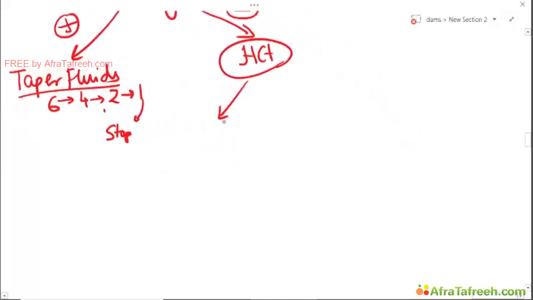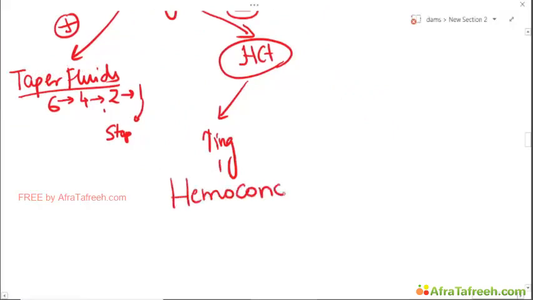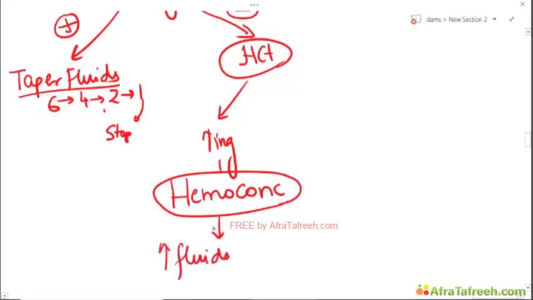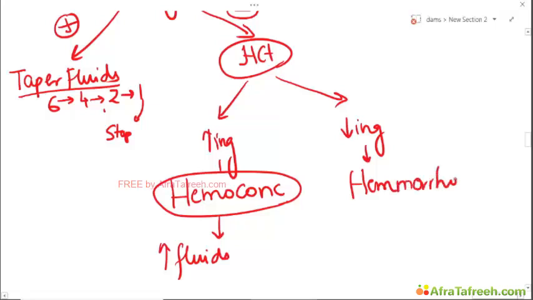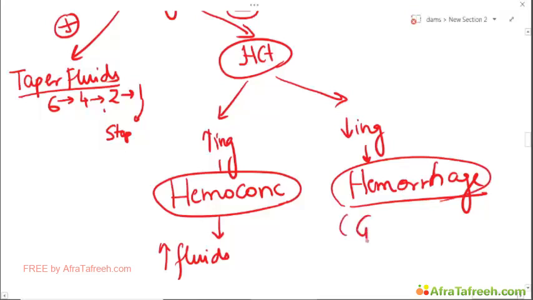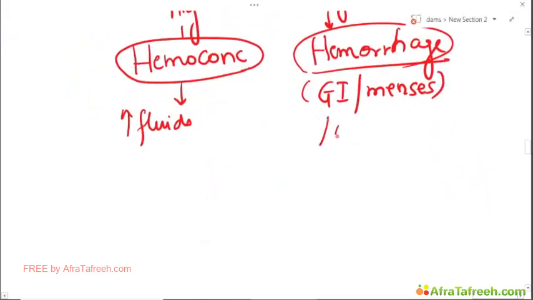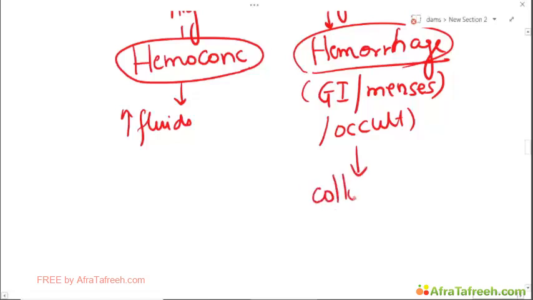Okay, if the hematocrit is rising, there is hemoconcentration. You need to increase the fluids. If the hematocrit is falling, there is a possibility of hemorrhage. Common sites of hemorrhage include GI bleed or massive menstrual bleeding, or it could be occult as well. So you need to consider colloids here,